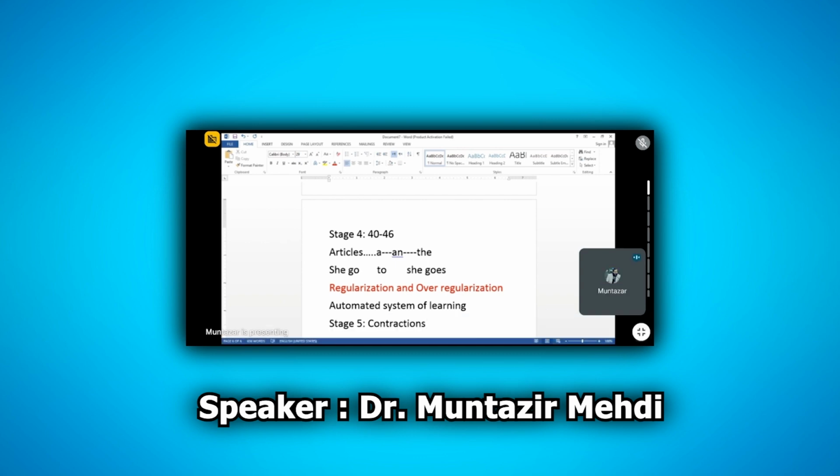Contractions. Now, the government of Pakistan, as well as the students, need to realize that in our languages we do not have articles. We do not have too many aspects of regularization, and we do not have any aspects of contractions. Rather, we try to speak and pronounce the words completely, as in Arabic and Urdu. But the children of English-speaking countries, during this period, learn this regularization aspect also. Similarly, the confusion about the verb have is also over for English-speaking children. This is the time when they also start asking questions.